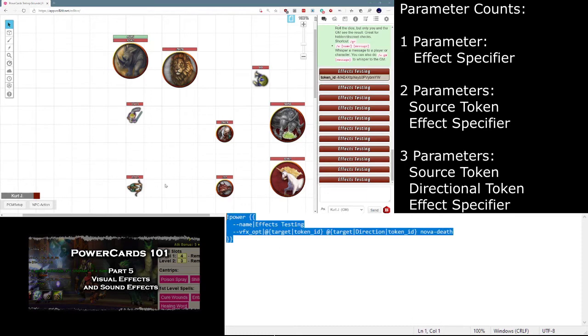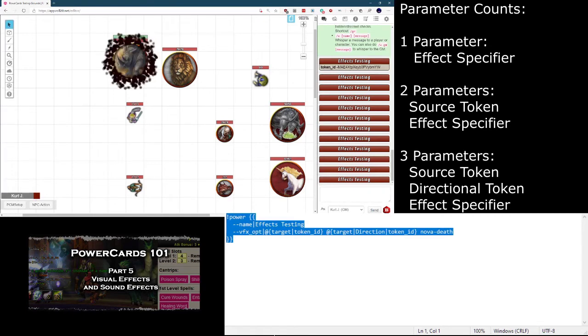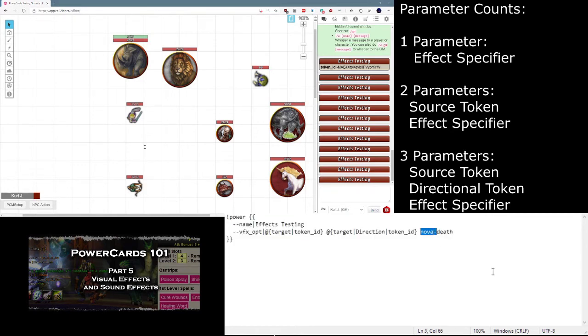So we run this and we'll be asked now to specify a target and then a direction. And when we click that, now you'll notice that it didn't really do anything because the nova is not a directional effect. So let's go back and change that from nova to beam